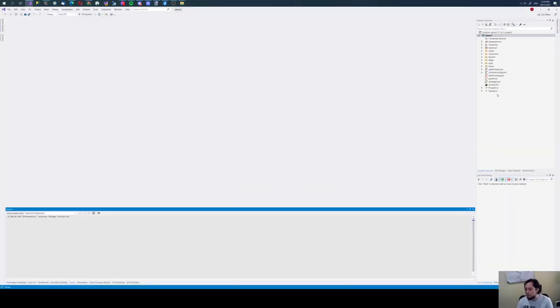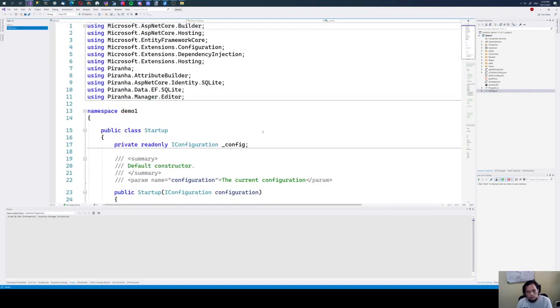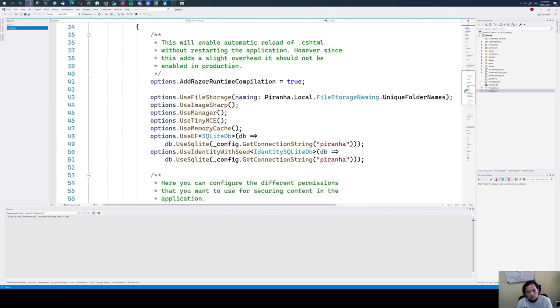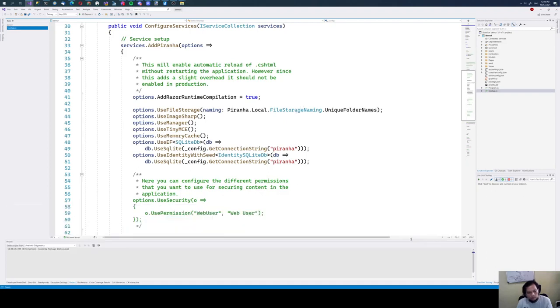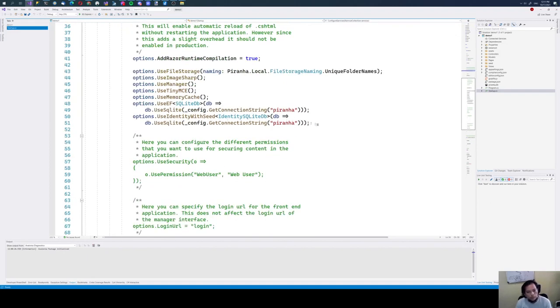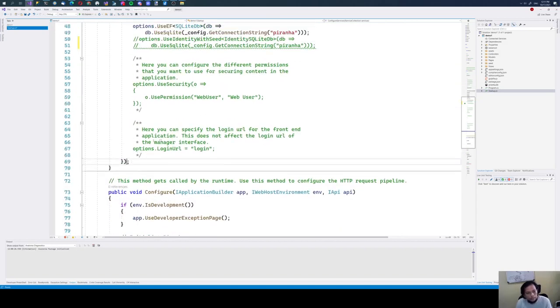Okay, so the first thing we need to do is configure the startup file in here. I'm just gonna zoom in. I'm sorry, I forgot to zoom in earlier. And let's scroll down to this one. In configure services, we can go ahead and comment out the use identity with seed portion because we don't need that anymore. And the next thing we need to add is we need to tell ASP.NET